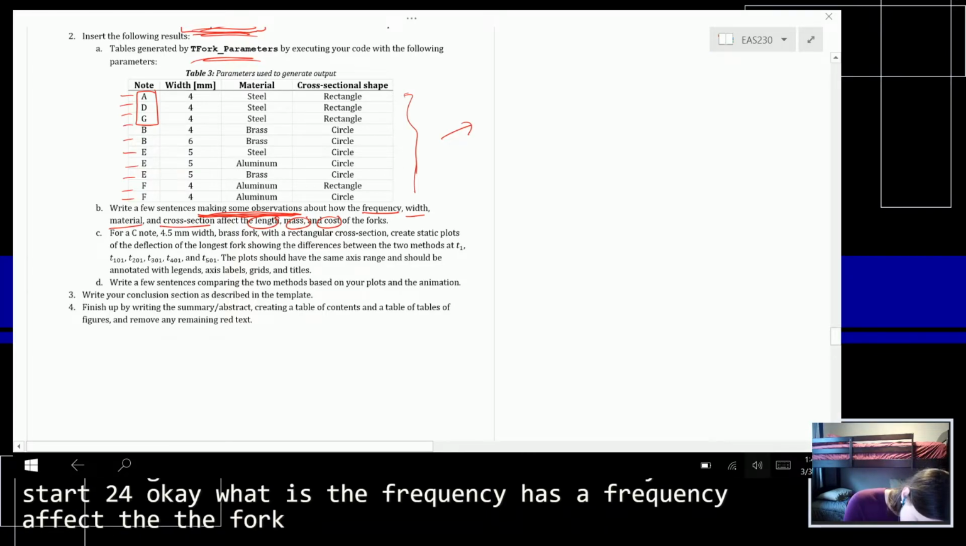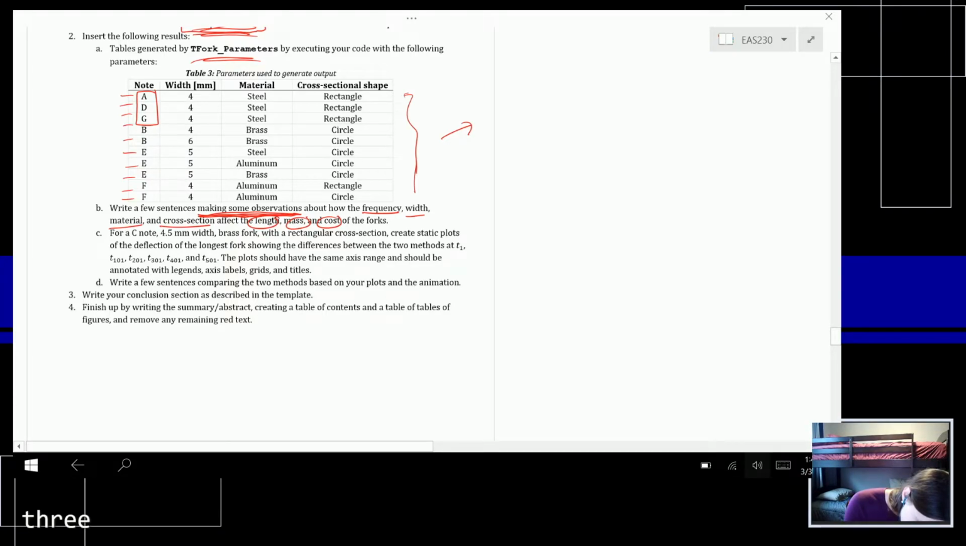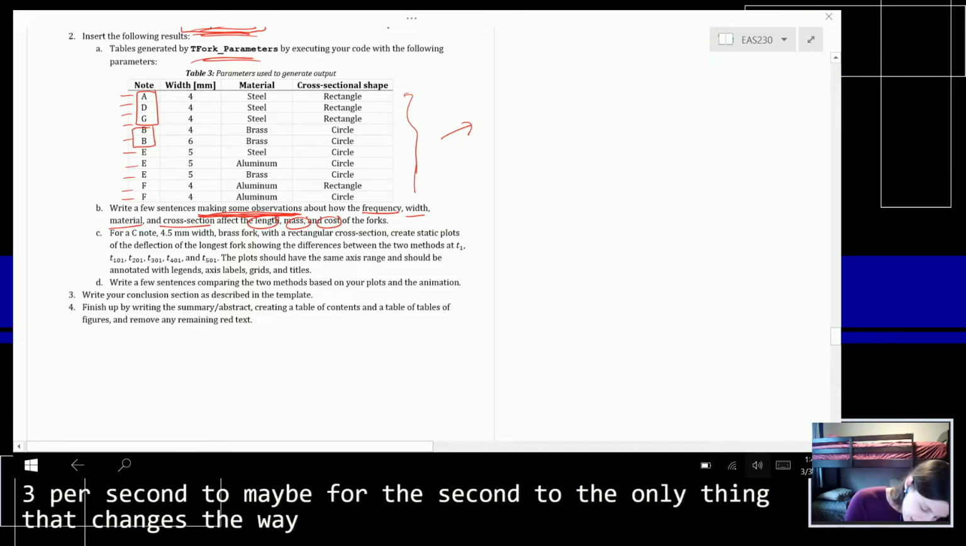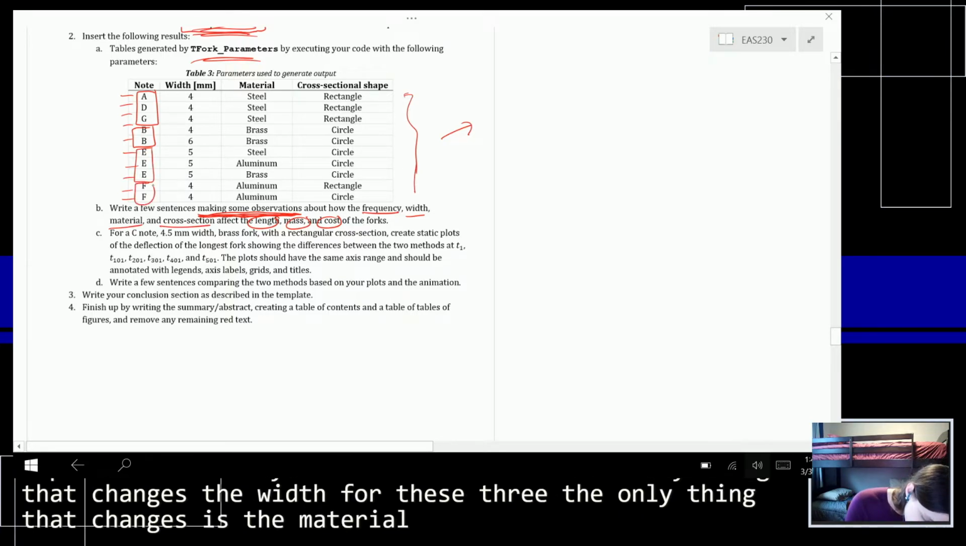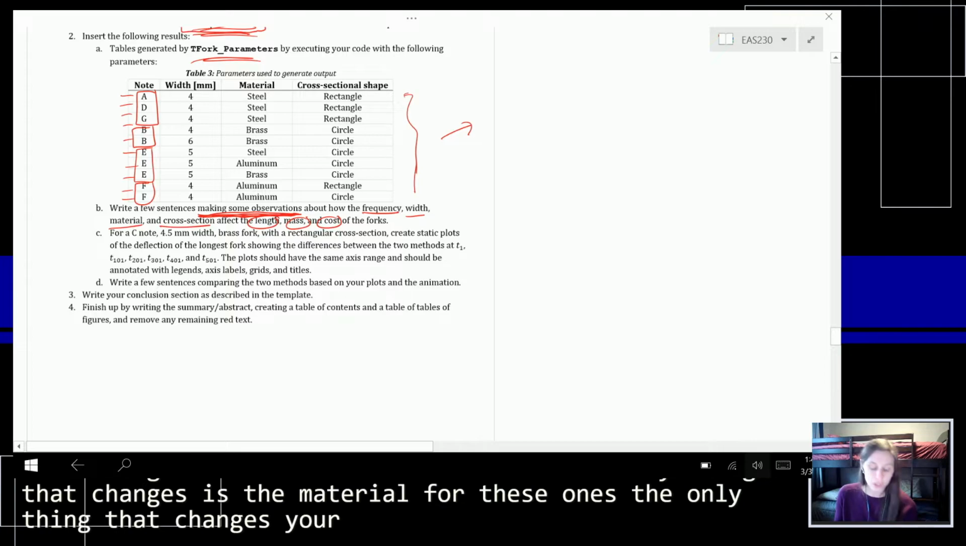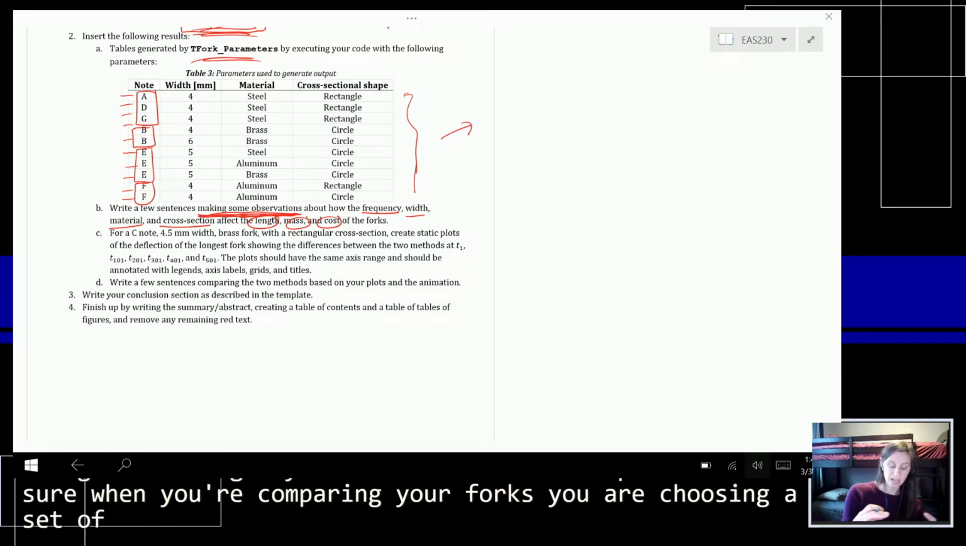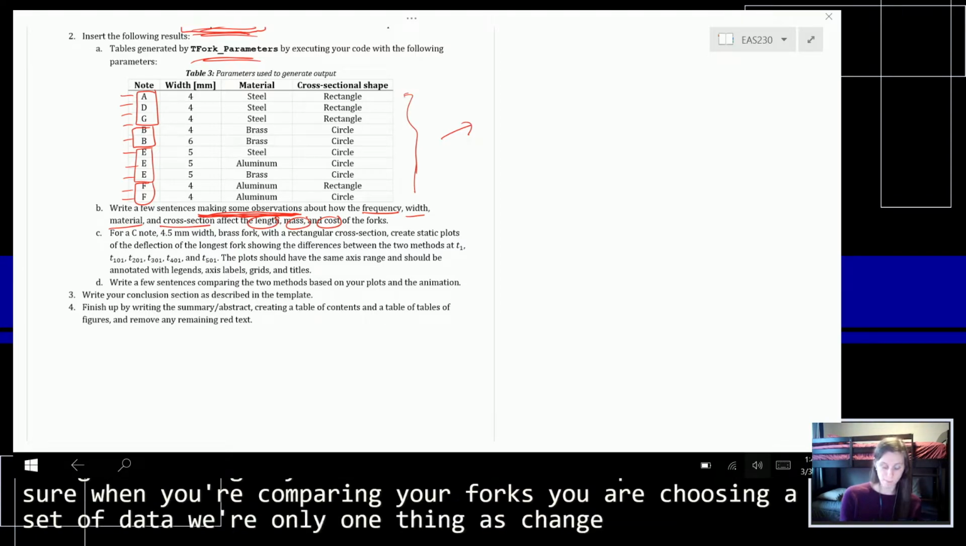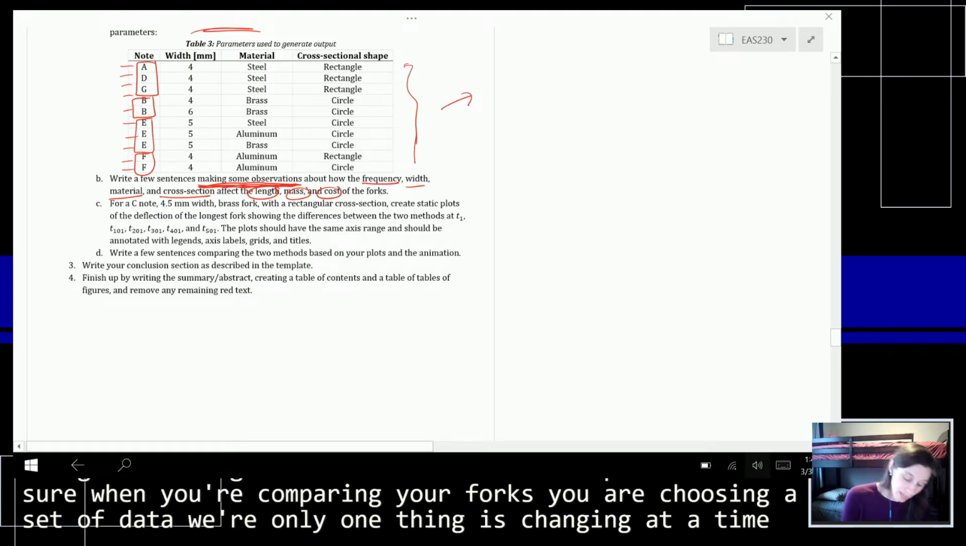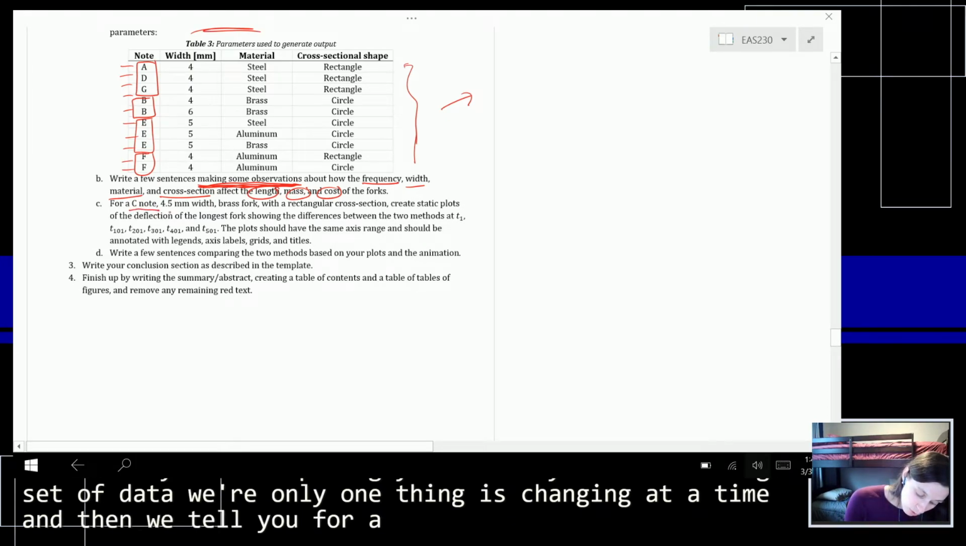For the second two, the only thing that changes is the width. For these three, the only thing that changes is the material. For these ones, the only thing that changes is your cross-sectional shape. So make sure when you're comparing your forks, you are choosing a set of data where only one thing is changing at a time. And then we tell you for a C note, 4.5 millimeter width fork, brass fork with